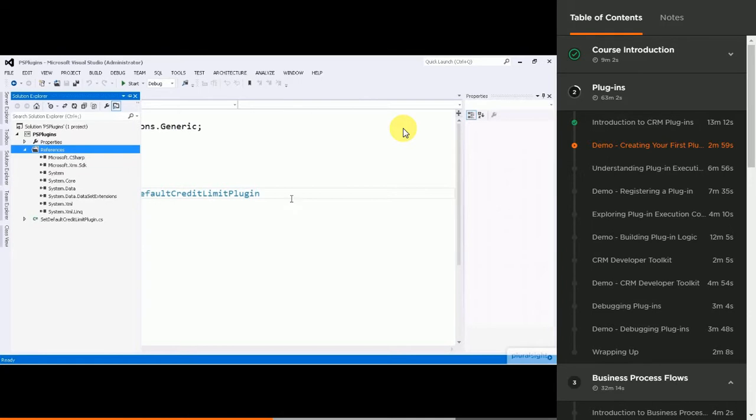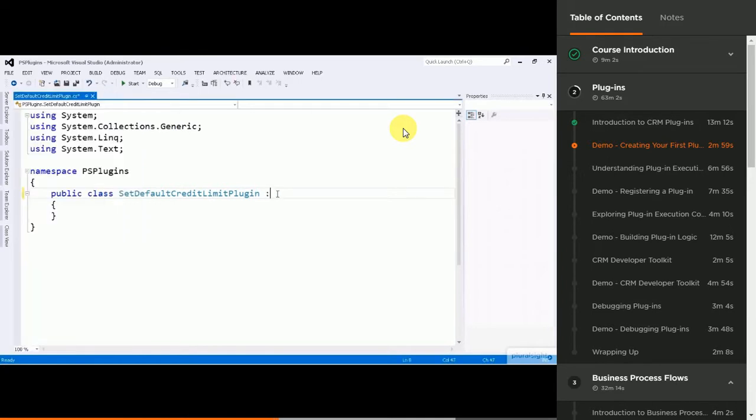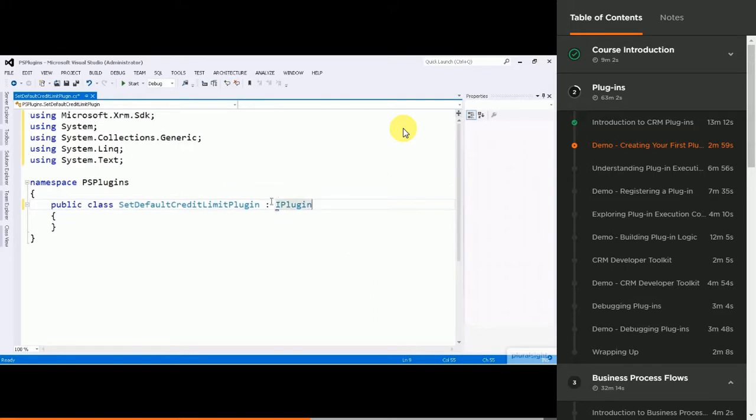Now we're going to go ahead and implement the interface, IPlugin. Go ahead and resolve that. So that resolves to using Microsoft.Xrm.Sdk. That'll add the using on there. We also want to come down here and implement that interface. So I'm going to choose Implement IPlugin, and it's going to create a shell of the single method that's required